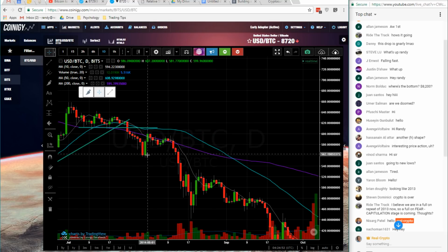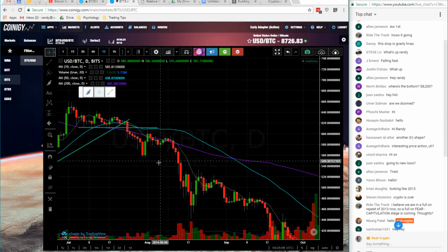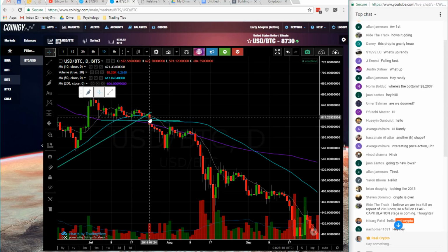I don't know if we're going to get this big jaunt to the downside and the reversal. I don't know that. These can't rhyme that closely. If you look here, obviously we didn't have this exact pattern, so we're not going to have this exact pattern. But the general point remains,